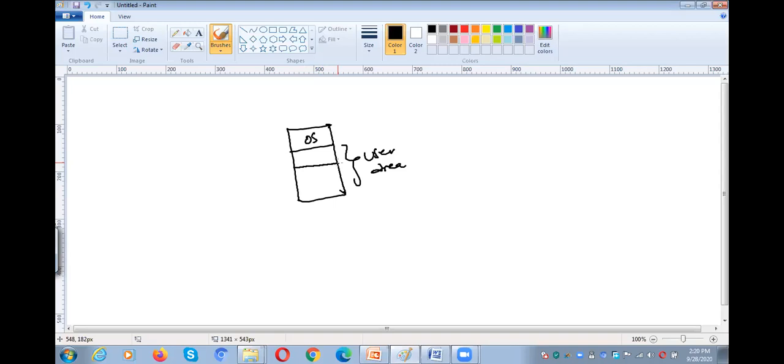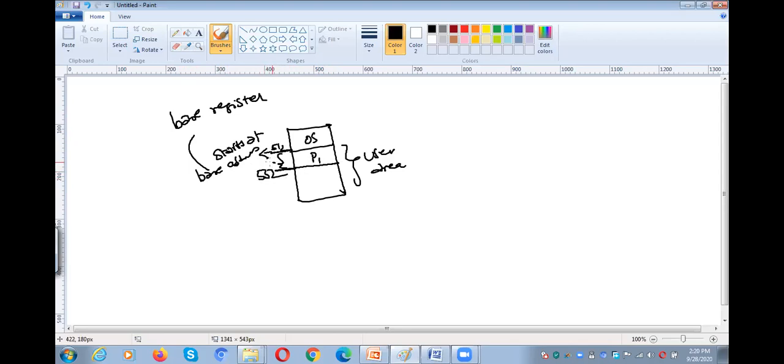So whenever you want to keep your process in it, automatically the process will start at one location. That is called the base address. Where is the base address available? In the base register. Like that, the process will have some size, for example, from 512 to 552.